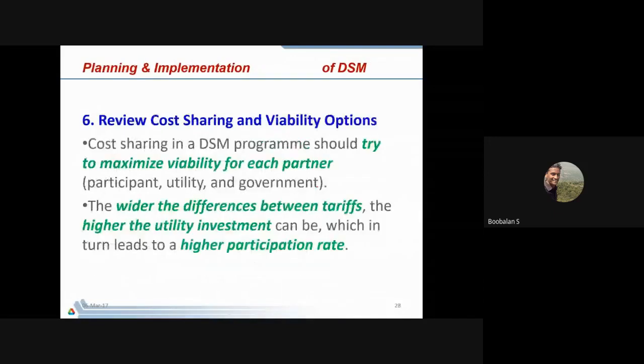Then finally, we'll have a review of cost sharing. For a single 600 megawatt energy generation plant, we need to spend about 5,000 crores, right? So definitely 5,000 crores, and payback will start, right? Definitely that money needs to be returned. We need to get it back through my tariff rate, right? So that's why, for me to get the investment back, definitely they will increase the tariff rate of their company, right?